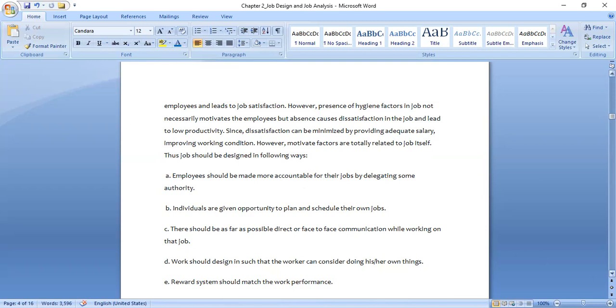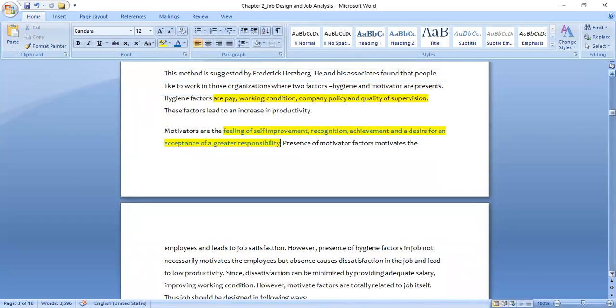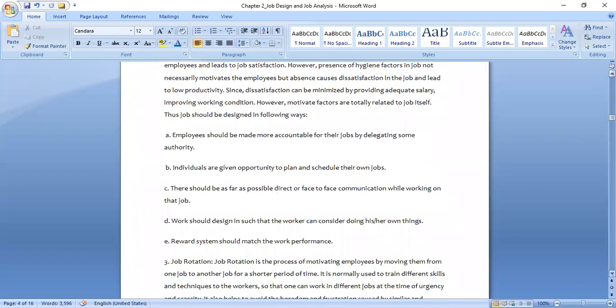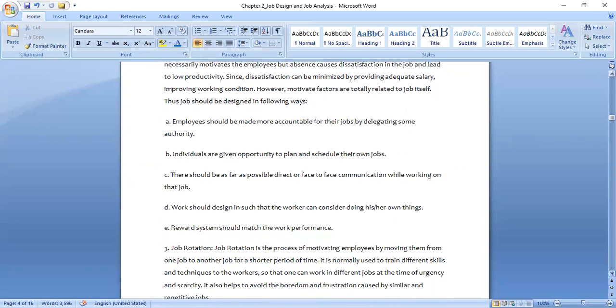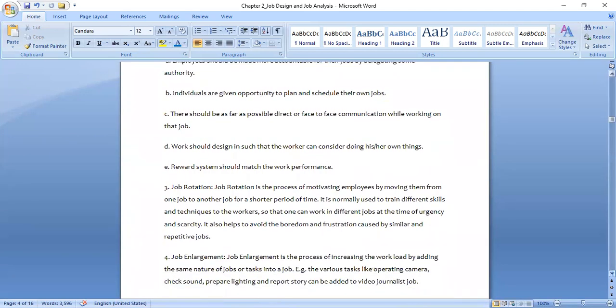that sense of feeling self-improvement, of having greater responsibility. That is a motivator. Then in order to make it a motivator, individuals should be given an opportunity to plan and schedule their own jobs. Yeah. So they are given a level of authority. They are given a level of freedom to be able to schedule when to do their own